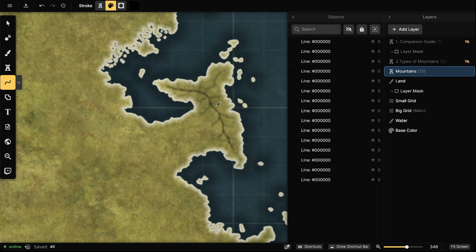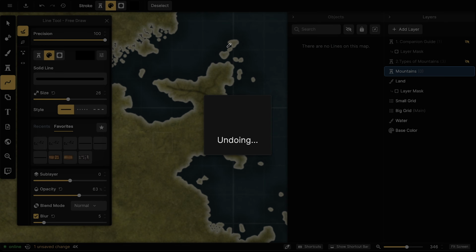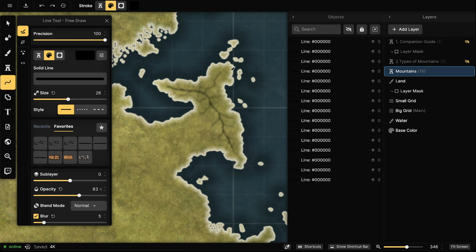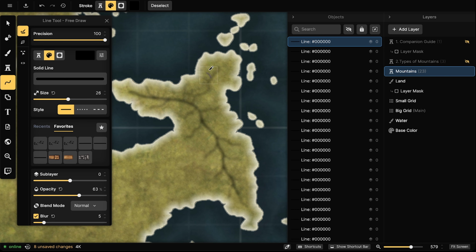So that's helpful. Once you've done those secondary ridges, you're going to create the last of the ridges. And what I'll do is bring the size down just a little bit more so I have a smaller size here. Then I'm going to get in close. And what I want to do is create these branches that are radiating out from the main ridge and the secondary ridges. So this is what it'll look like. Something like this. I'm having them radiate